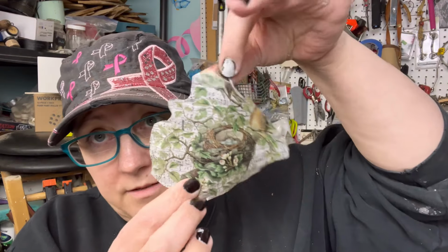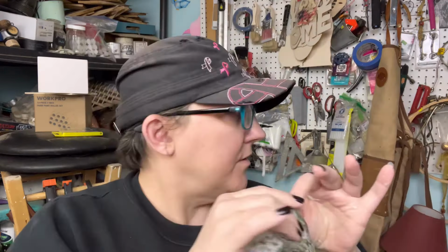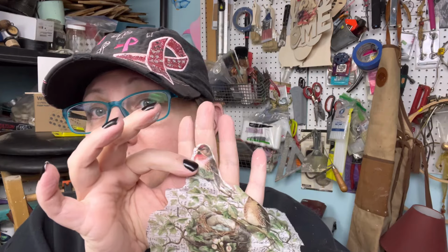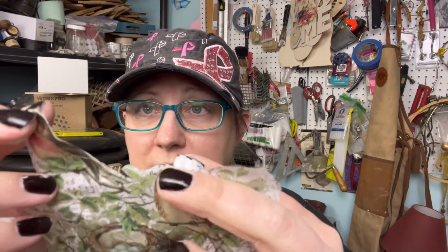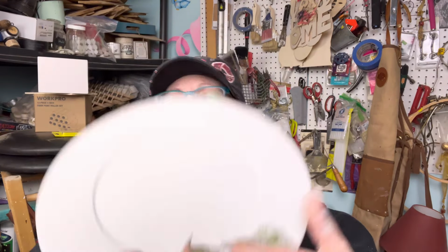Okay, so Melon and Katie had sent me these. I think it was Melon and Katie. I don't know whose they are. I think they were that Tim Holtz stuff. And I cannot find these again, but these were my favorite. So these birds that came in a roll of this decoupage tissue paper. And I have cut around this male and female bird in their little nest because it kind of,